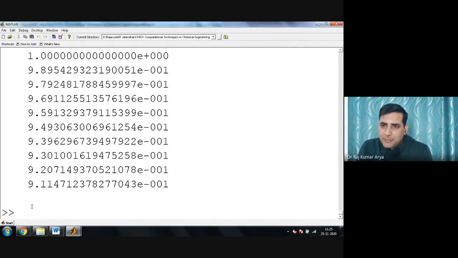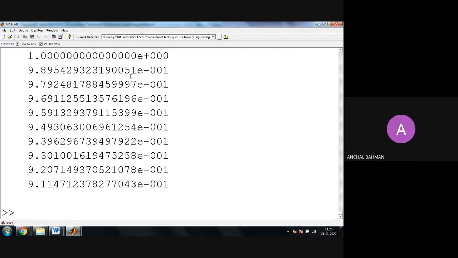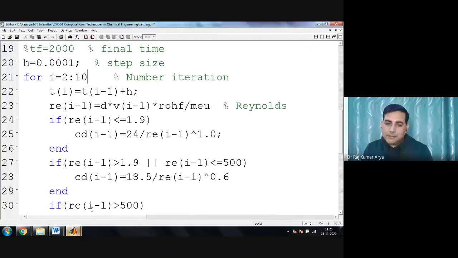So it means, unfortunately, whatever program I wrote is correct, but I am not getting my answer. Correct or not? Yes, sir. Now I can do one thing: I can increase these iterations, because I now know my program is working fine. I can also minimize this step size. Now it's in your hand. So let's run it and see what is coming.